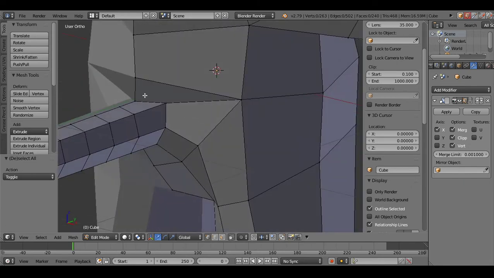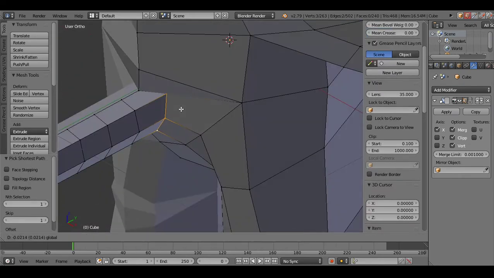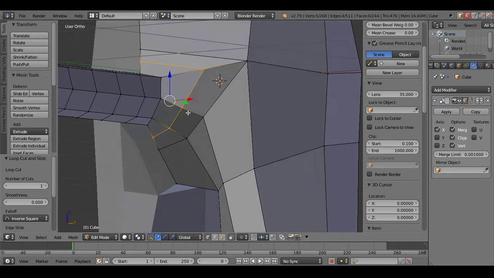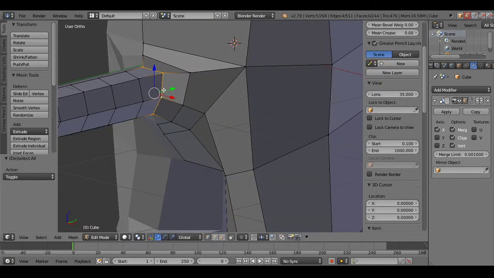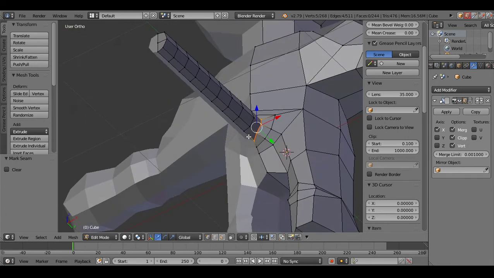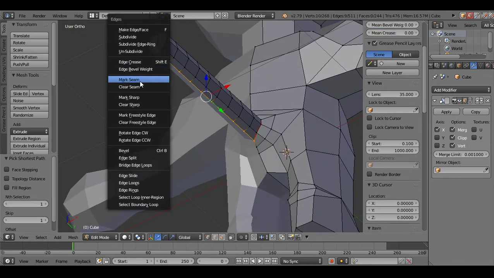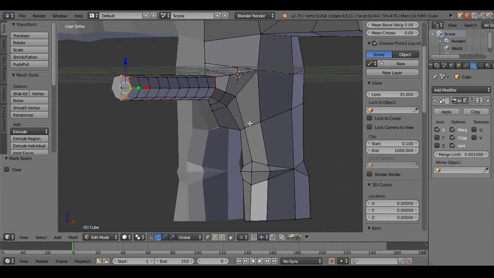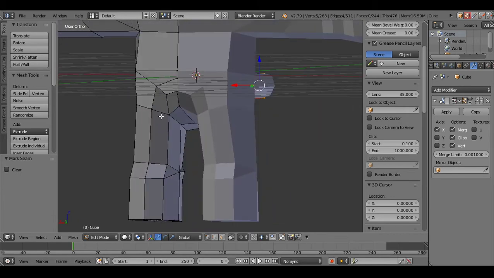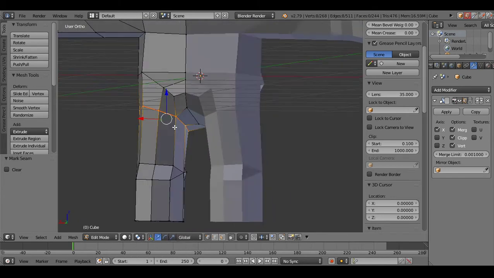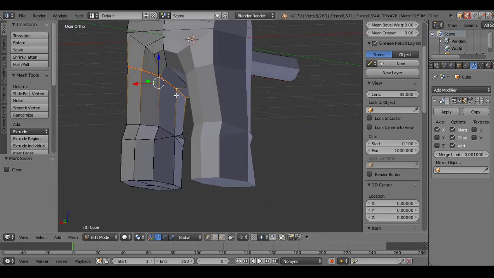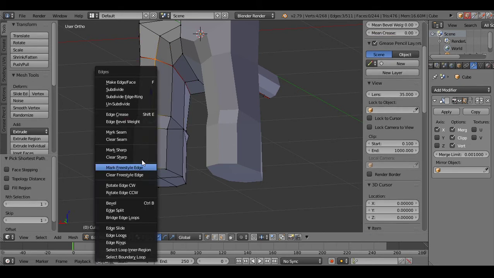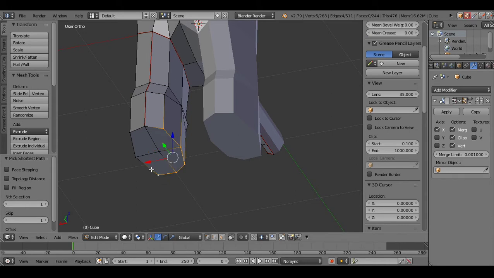So we're gonna start putting the seams in here. Let's adjust this one just a little bit. Much better, much better. We can even add a loop here too. Okay, so we mark a seam here, go all the way to here, and mark another seam, and mark a seam here. And as for the leg, I'm going to mark a seam here, and it could go from the back, a seam, and then